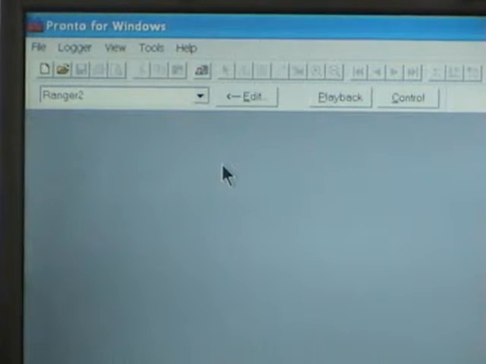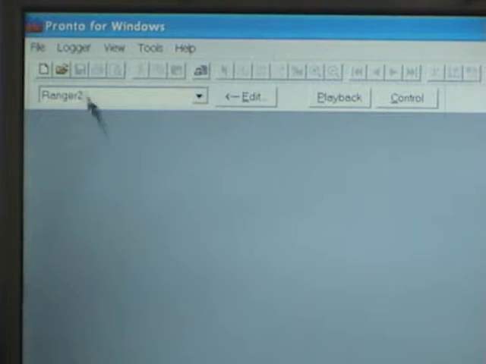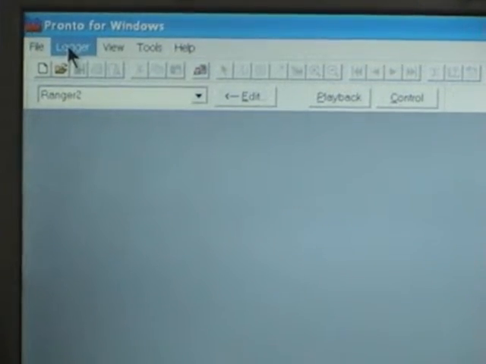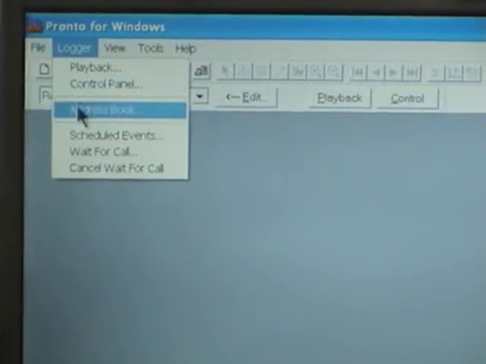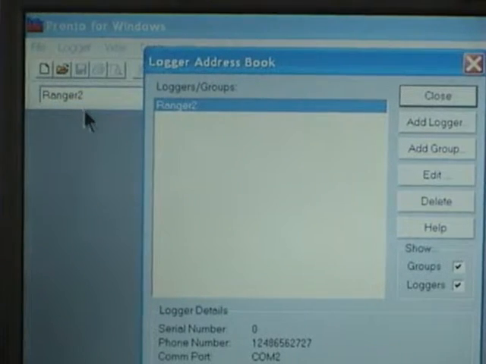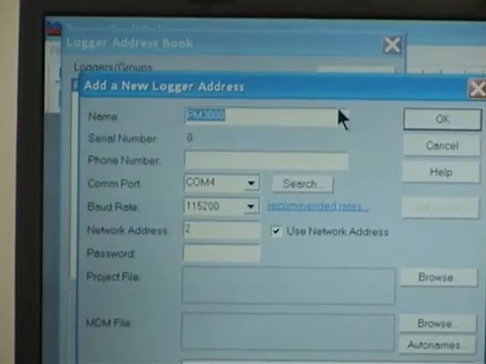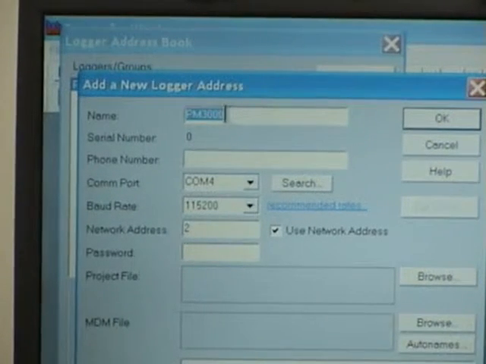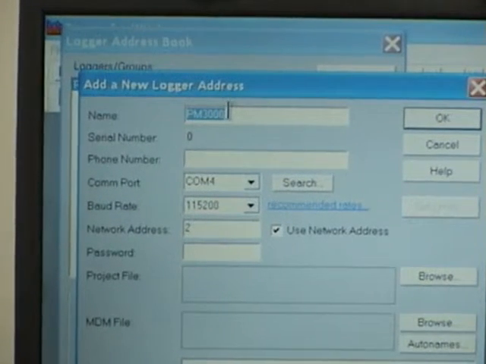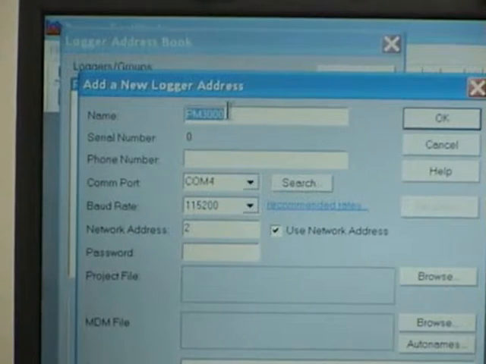Now we're going to show you how to do your first download with the Pronto for Windows program. You can see we have the Pronto for Windows program already up on our computer here. You will go over and click on Logger and go to the address book to set up a PM6000. We will go over here to Add Logger. We click on Add Logger, and then we're going to go up in the text name here, and we're going to put in here